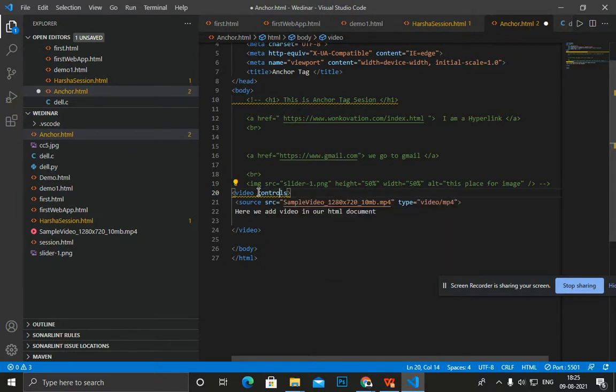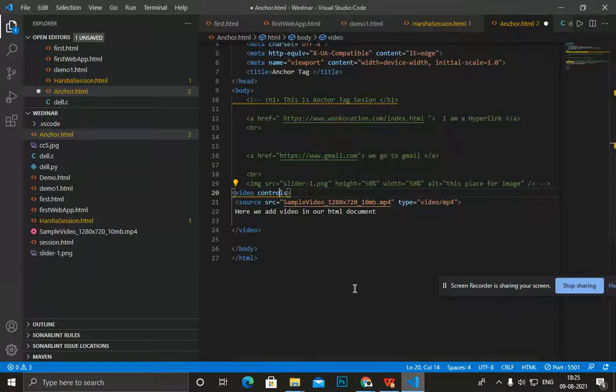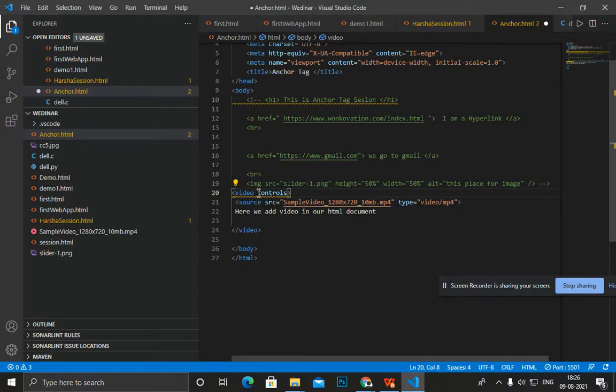So now we change the size of our video. Here you see it gives width 320 and height 240. So we also give the same width, 320, and the height 200.